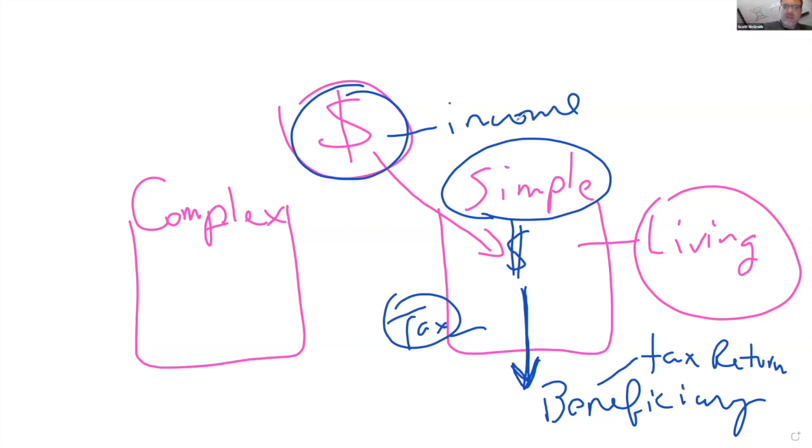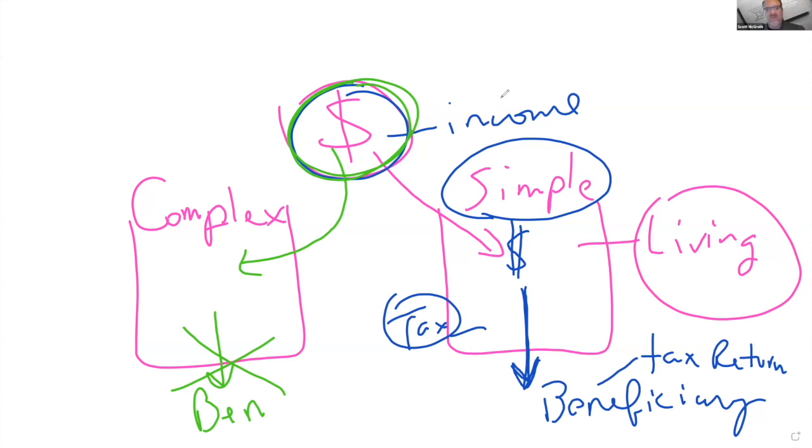Now, let me show you the type of trust that you want to have. When you earn money, you want the money coming into a complex trust. But in a complex trust, there is no requirement at all to distribute the income. No requirement. You do not have to distribute the income as long as the language is correct in the complex trust. What that means is you can keep the money in what's called corpus. Corpus is the body of the trust. It's the part of the trust where all the money is and the assets, the rental properties, the gold, the guns, the jewelry, the cars, the boats, all of the homes that the trust owns, the money, bank accounts. If it's an asset set aside to make money for the trust, that's called corpus.